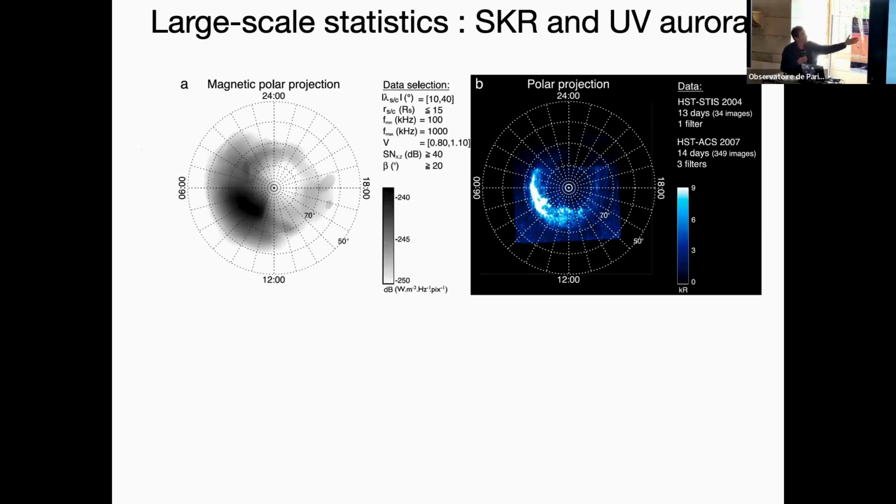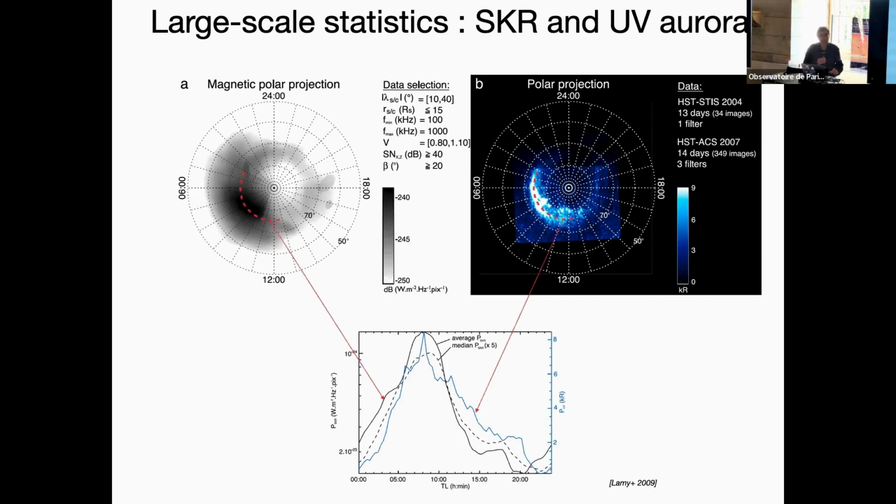So this is, for example, to the left, a statistics of the locus of the radio emission sources related to aurora, projected on Saturn. It's the high latitude. This is 50 degrees latitude, 60, 70, 80 degrees. So you have in dark the radio aurora, and you have nearby, at the same scale, an image made of several Hubble images added together that gives you statistically the UV aurora. You see that the resolution is not the same, but the matching is very good. And if you even look at the profile along the aurora, the two profiles, the radio and UV, match very well. And so with RPWS, we really had a very deep investigation into the physics of Saturn's aurora and radio emissions,